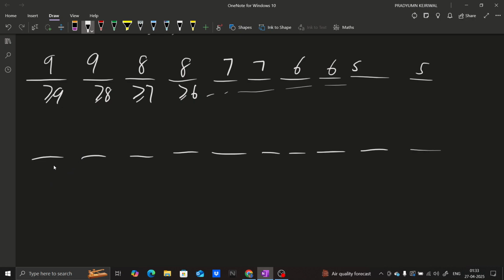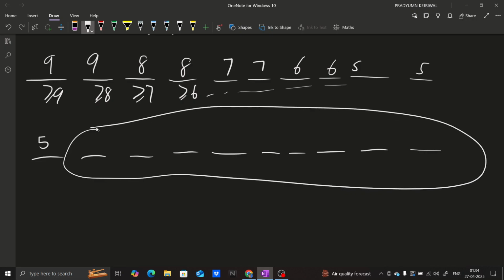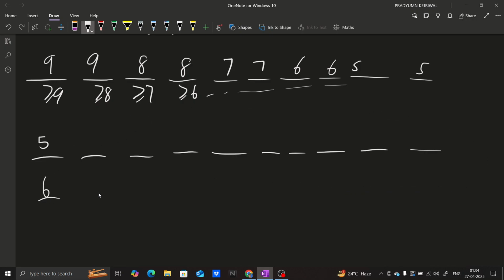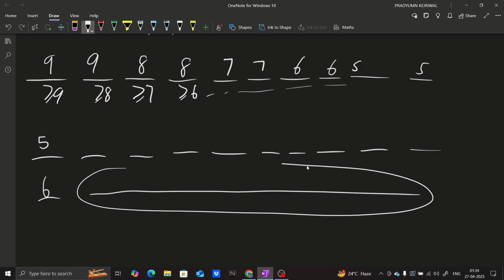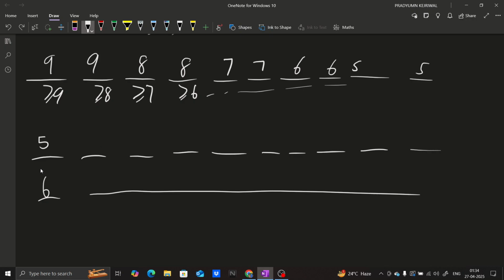Now, let's fill these blanks greedily. I'll fill the most significant digit first, because we can simply minimize this digit if we want to minimize the entire number. Because if there is a string with a 5 in here and anything right here, and there is a string with 6 right here and anything right here, then it doesn't matter what the remaining digits are, definitely the sixth one is bigger than